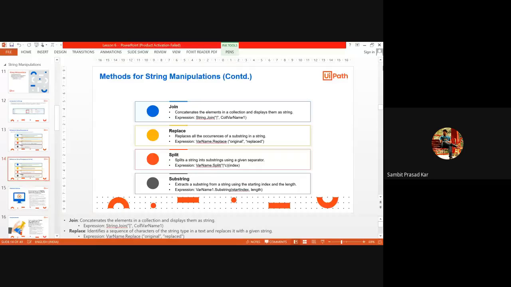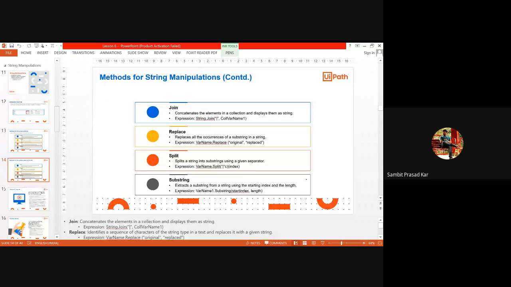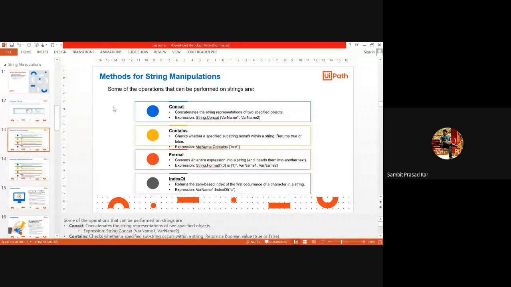Okay, so what is string? I'll give you one example. Others you can see. So concat means joining two specified strings. The command is string.concat. So what will it do? Suppose you have two strings.